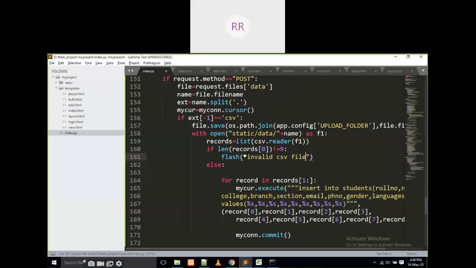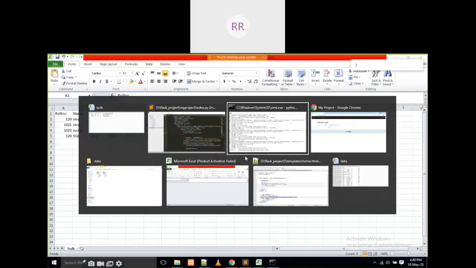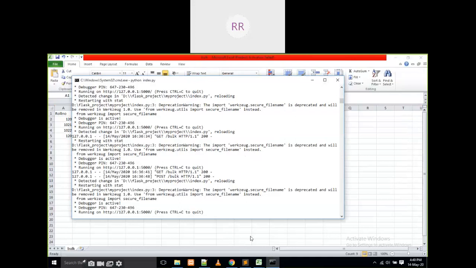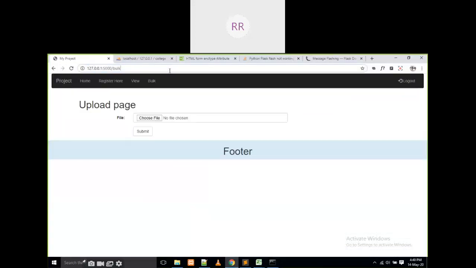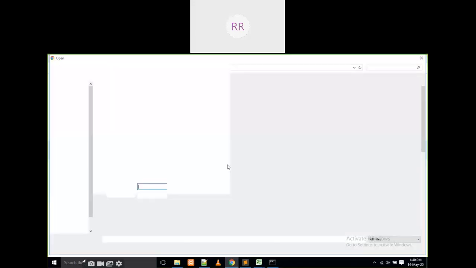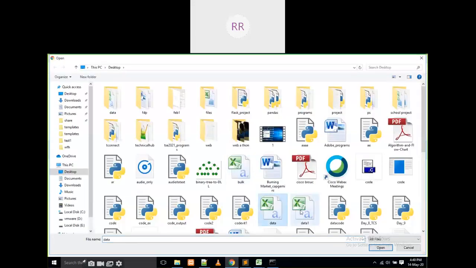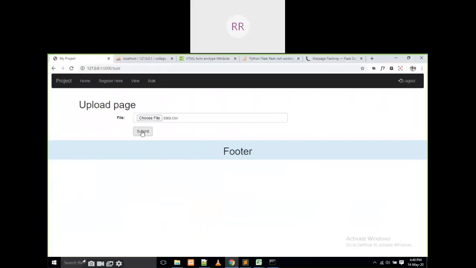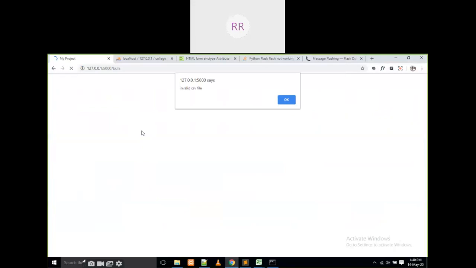Okay, if I am going to upload it again, I am going to give some wrong data. If I submit it, it is going to give the message: invalid CSV file.